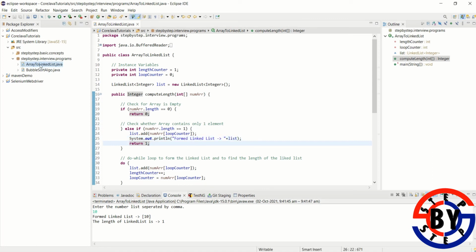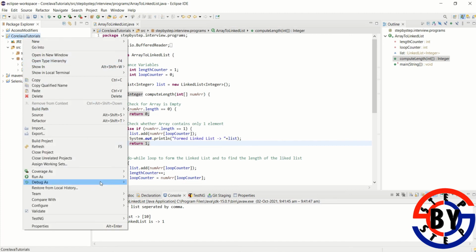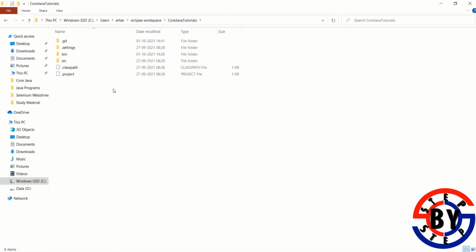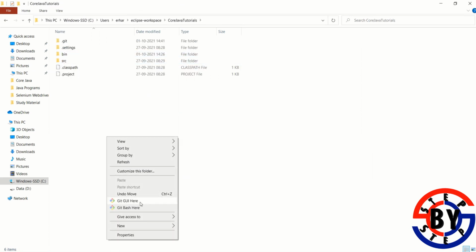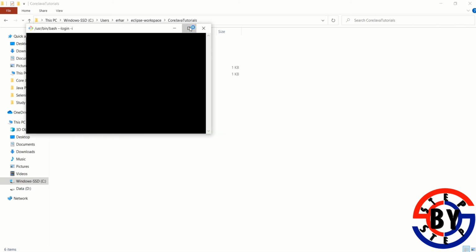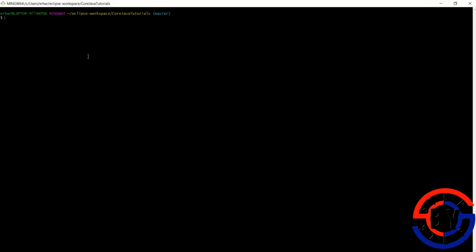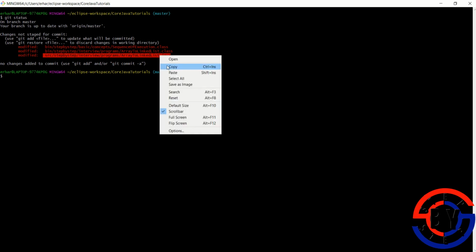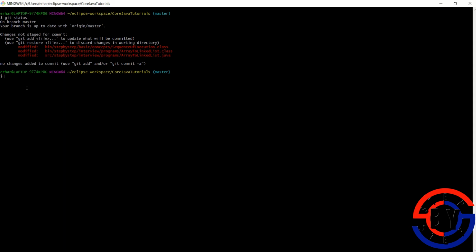So let me do one thing. Let me commit the code in the GitHub repository. I already committed this code, but as we have added some more comments in that, there will be modifications. So if I do git status now, it will show me that this class has been updated. So let me do one thing, I'll just add this. I accidentally added the bin folder. I should not have added that, but no worries. It's my public repository and it's not a complex one, so I'll just ignore that.